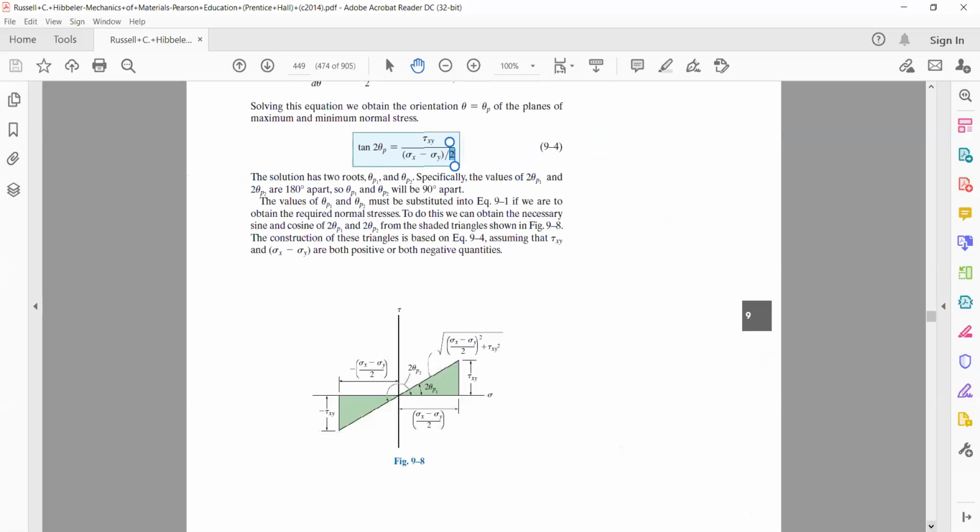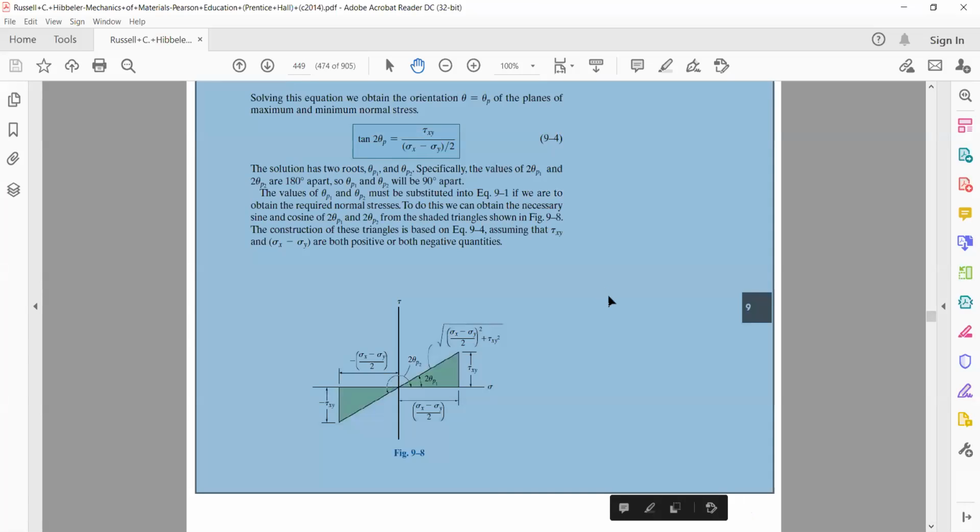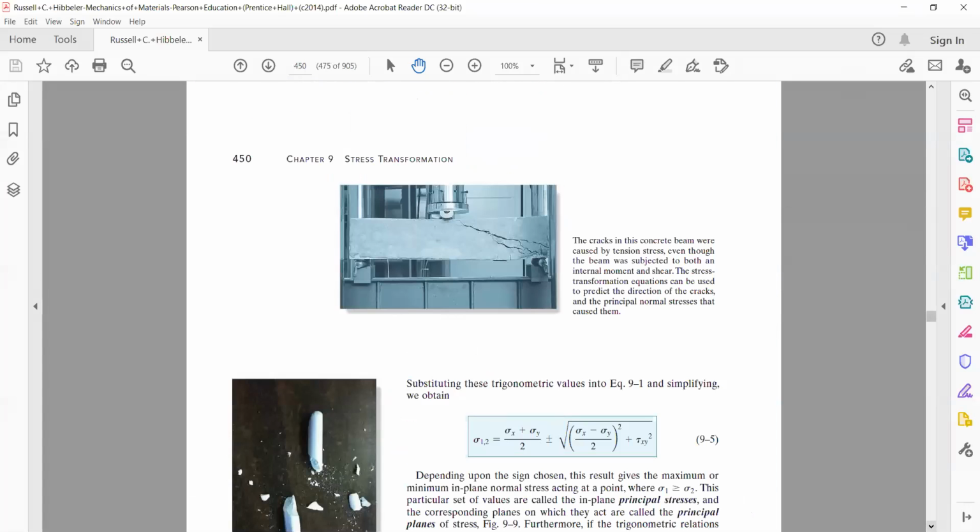Return back to your book. So if you look, this is done. This triangle I have shown you. We are done with this. This is clear. So as we go down, one of the equations out of these we have already derived. Yes, but only for sigma x plus sigma y divided by 2 plus under root of this, not for minus. Minus represents the minimum value, which I am leaving as a homework for you. How will you do that? It's given in your book.